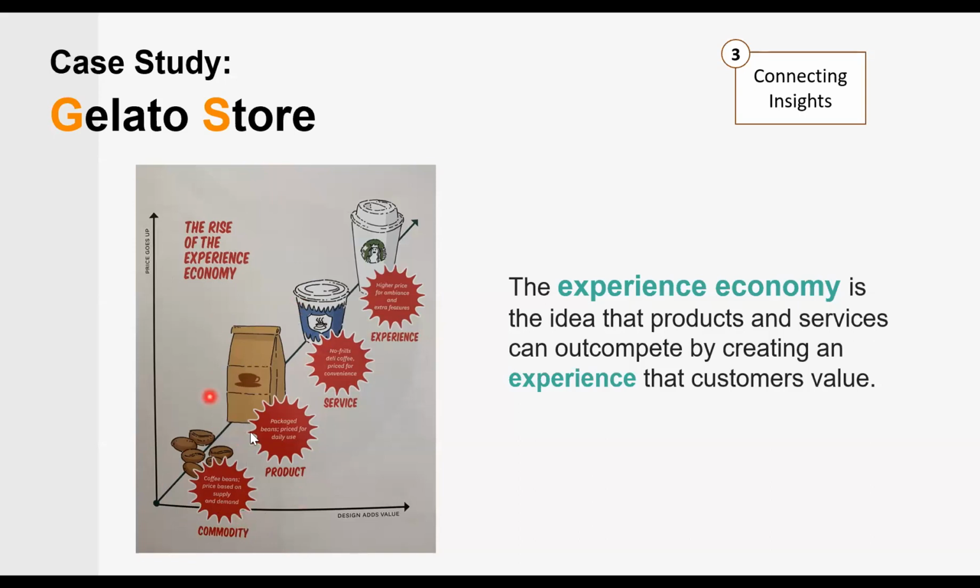Product, second stage. What is product? It means that we have put these coffee beans, roasted it, and sell it in the supermarket and package it. That's product. Third stage, we have service. What do we mean by service? It's not just the product, not just the raw product of the roasted coffee, but we are being served by someone in cafes or in restaurants.